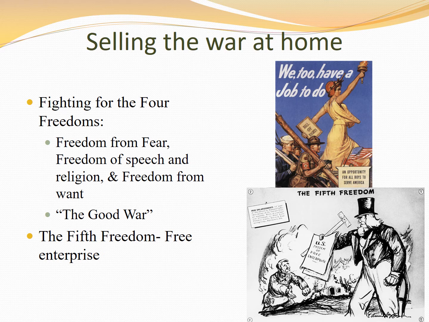The last of the four freedoms was freedom from want. Freedom from want seemed the most ambiguous of the four freedoms. Though FDR first used it to refer to eliminating barriers to trade, he soon linked this freedom to guaranteeing a standard of living for American workers and farmers by preventing a return of the Depression. FDR argued that this would bring, quote, real freedom for the common man. But many argued that there should be a fifth freedom, the freedom of free enterprise.